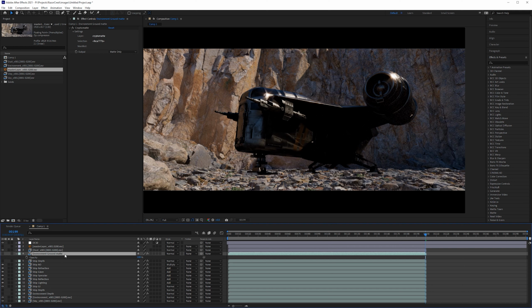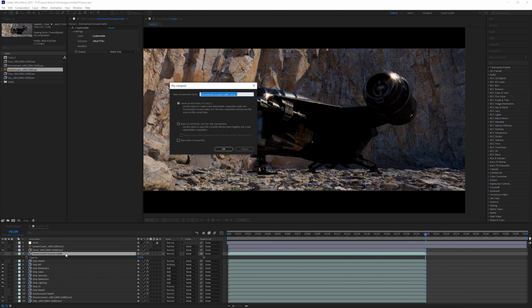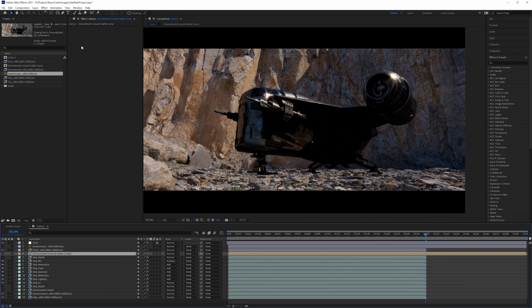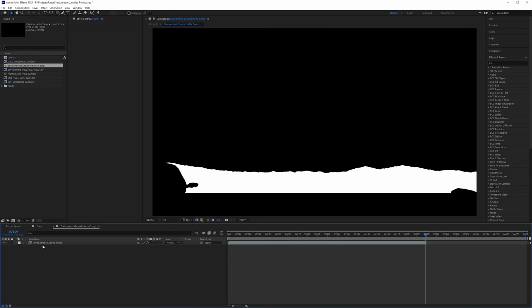Because we want multiple copies of this environment ground matte, but we want them to be instanced. So anytime we make a change to one of them, they all get updated. What we're going to do is pre-compose it, because pre-comps in After Effects are instanced. So a change to one pre-comp is always going to change the other one. So we'll do Control-Shift-C. I'm just going to take off the one there to say comp. I'm going to move all attributes into the layer, which will take the Cryptomatte and put it on top of this layer here. We click OK, and then you can see the Cryptomatte's gone because Cryptomatte is now on here.